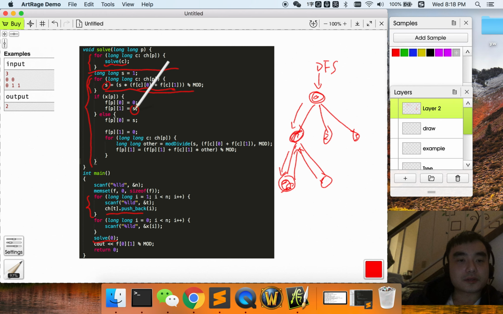We are going to use the S multiple times, right? And here is the part where the node is black, right? So in the algorithm, if the node is black, then its fp0 is 0. If fp1 equals S, these are easy. So this is the tricky part,